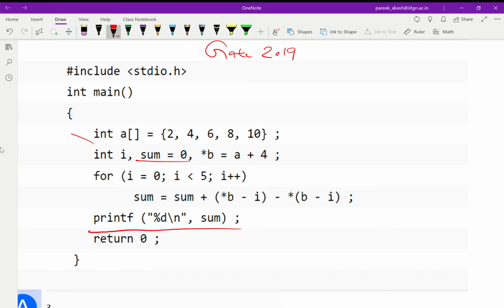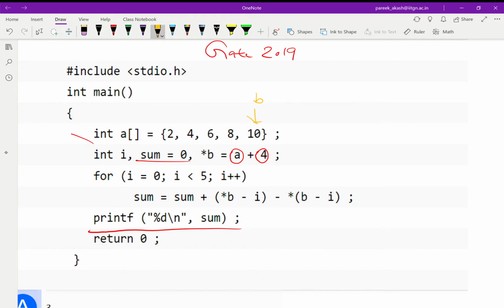That means a gives us the base address and plus 4 will take us to the fourth position starting from the base address. If this is our a, then a plus 4 will be, this is 1, this is 2, this is 3, this is 4. That means a plus 4 will take us to 10. That means b is a pointer pointing at 10.